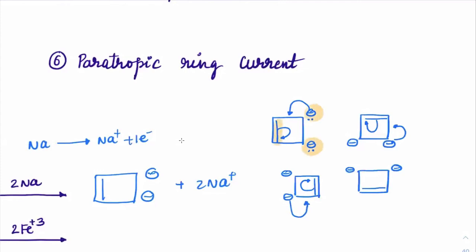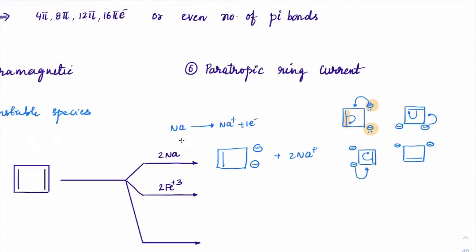3 pi bonds. 3 pi bonds is an odd number of pi bonds. An odd number of pi bonds will generate aromaticity. So anti-aromatic can immediately become aromatic if it accepts 2 electrons in this case. Now the other way is also fine. If you react with Fe+3, which is an oxidizing agent, it will immediately reduce itself to Fe+2. Which means it will take away both the electrons and keep this as plus and plus. We just learned that if you have 1 pi with 2 plus, that is also aromatic. So it will immediately become aromatic.